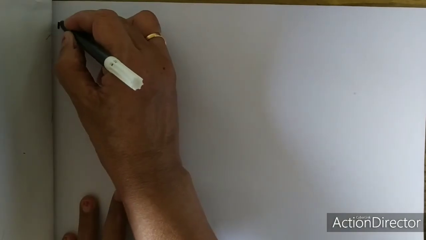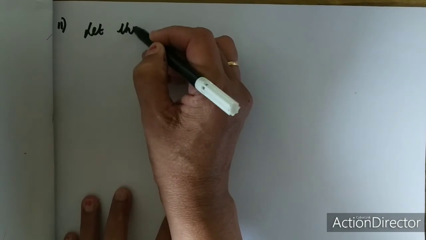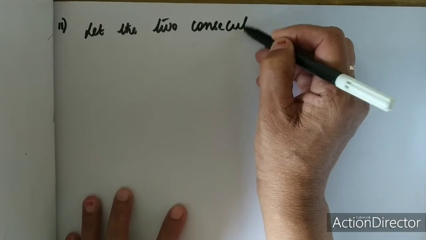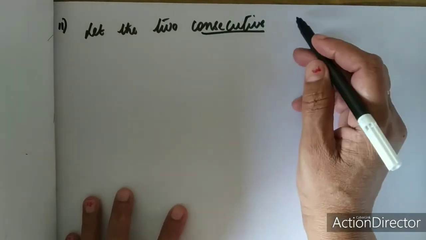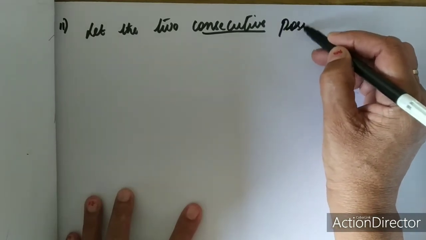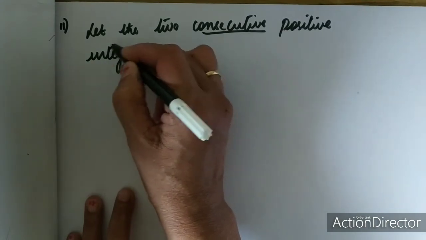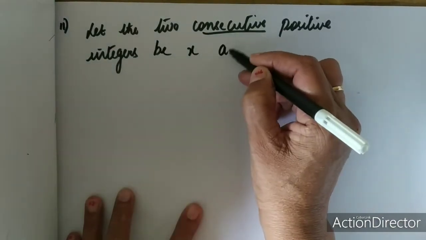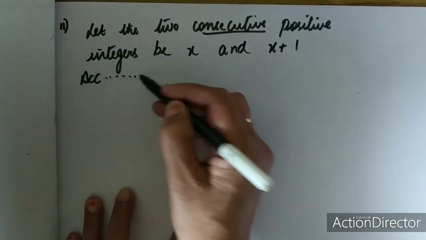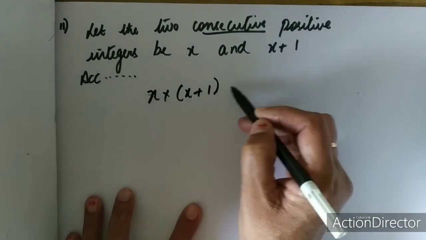So question number 2, second part. You write, let the two consecutive positive integers. You have to underline the word consecutive so that you remember what you mean by consecutive. Let the consecutive positive integers be x and x plus 1. So according to the given condition, you can write x into x plus 1 is equal to